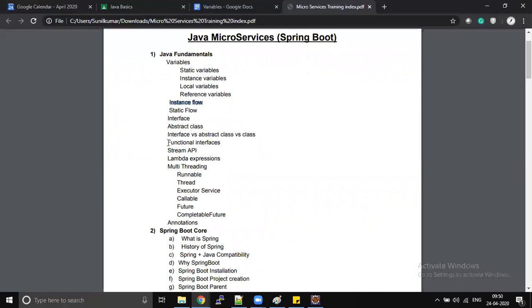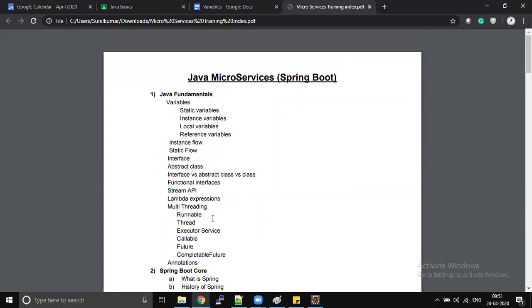Once we jump into Java 8 features, functional interfaces, Lambda expressions, Stream API. Even in multi-threading, there are a few new concepts introduced with Java 1.8 called CompletableFuture, non-blocking API. We will also discuss annotations, how to write annotations, what the predefined annotations are, how to write a custom annotation, and how to process it. Whenever we discuss those things, I will be a little slower, not as fast as today. If I'm a bit fast today, please bear with me, guys, for 2 to 3 sessions, then you will understand.